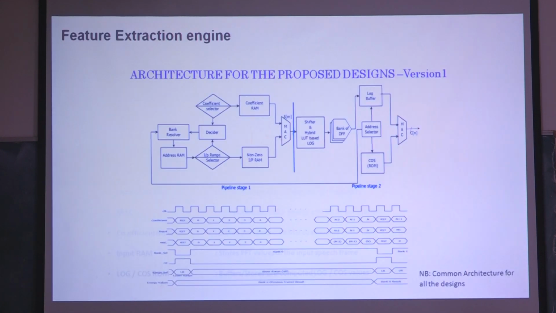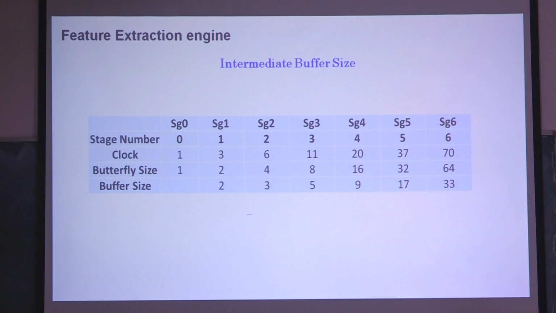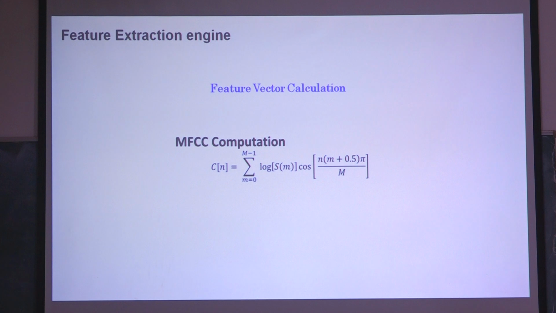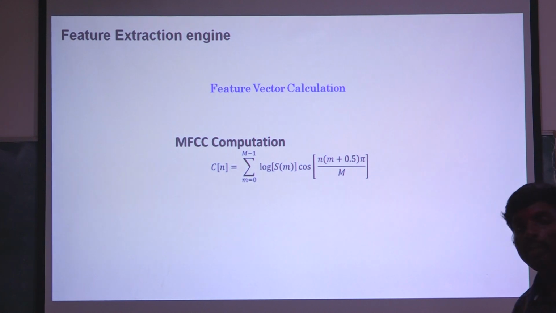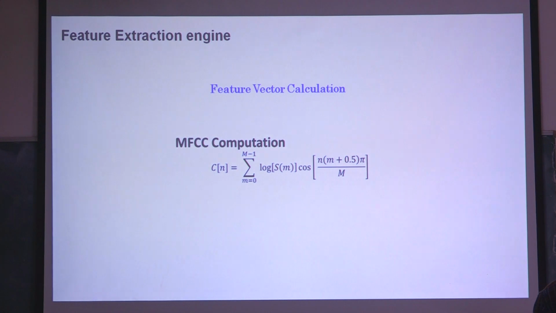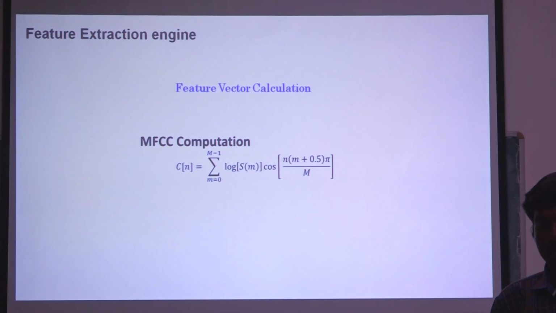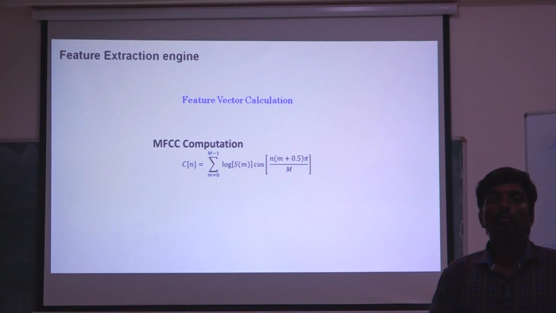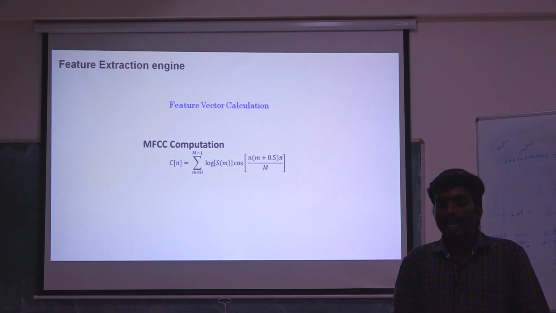Once the log computation is finished for the coefficients, then we need to compute the cost computation. The cost values are stored again in the RAM. When we store the cost values, again it will be 240 values, and each summation, that means each operation, we need to compute for 20 clock cycles.